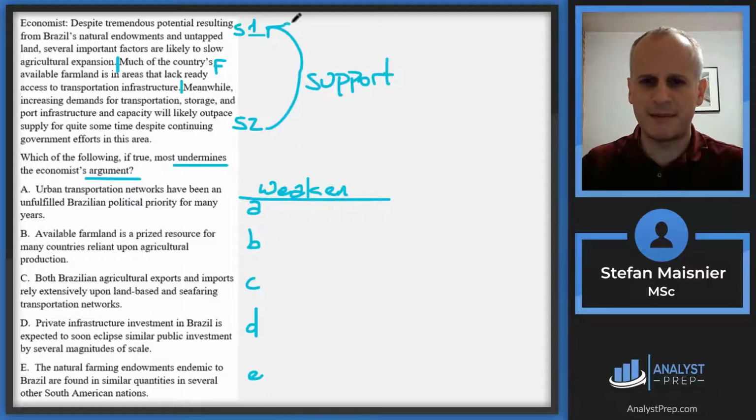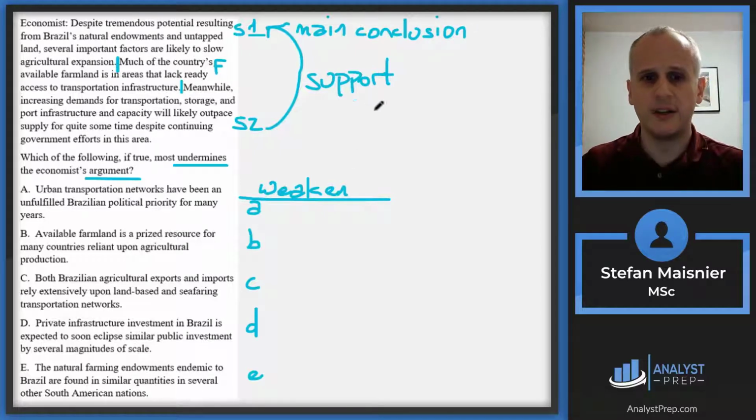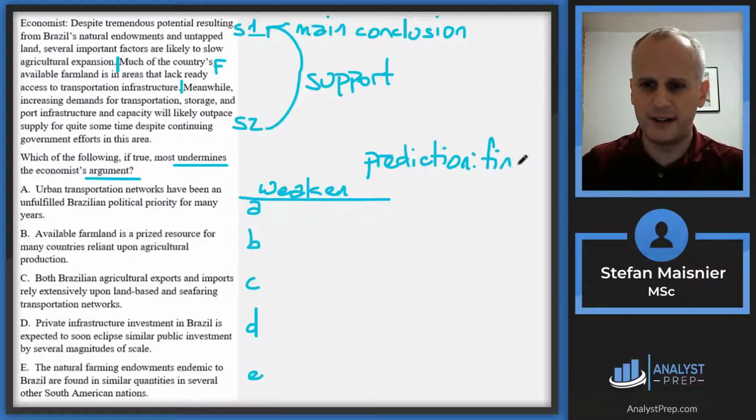And so that means that statement 1 is the main conclusion, using our conclusion test. And now that we've got our conclusion identified, we know we're supposed to weaken. So, since the conclusion is that several important factors are likely to slow agricultural expansion, if we're just doing a basic prediction from the task of weakening, we want to find info